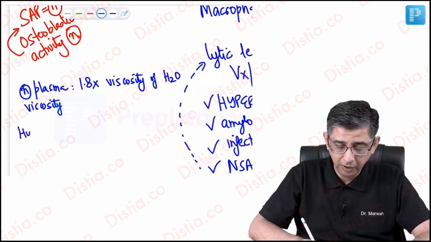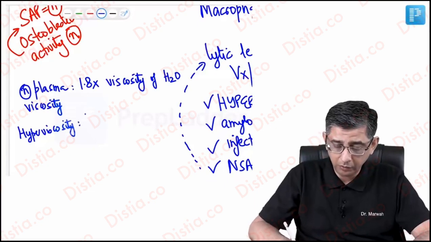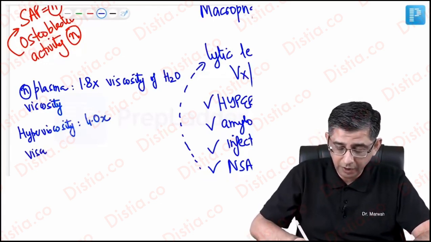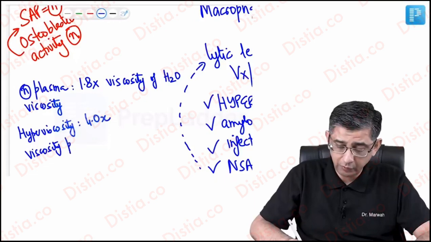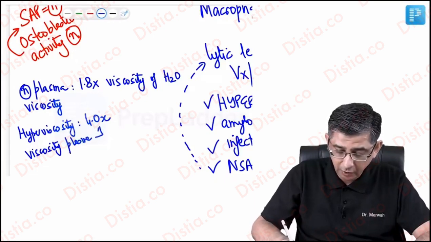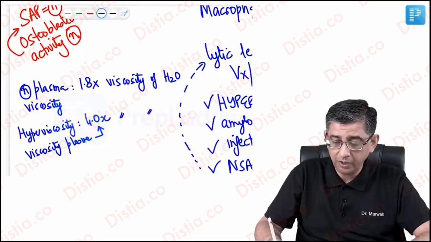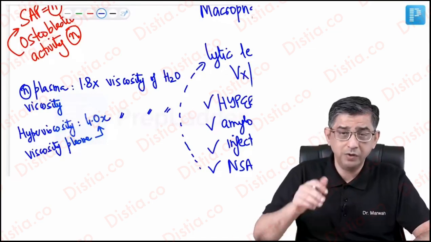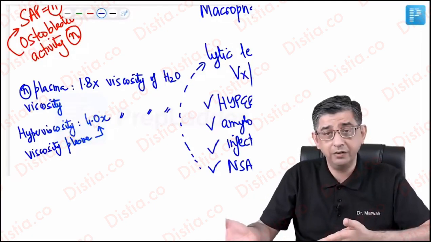Now, when I say the word hyperviscosity syndrome, hyperviscosity is what you will read in polycythemia vera and you will read in multiple myeloma. The cutoff which is to be remembered for the exam would be that the viscosity of the plasma should now be at least 4x, almost more than double. Remember I told you almost double, 1.8. If the viscosity of the plasma is mentioned in a question, or if he asks what is the definition of the word hyperviscosity, it is 4 times more than the viscosity of water, you will say it is hyperviscosity syndrome. This will explain why sluggish circulation and organ infarction would be occurring in these patients. One more reason the kidney is getting involved.